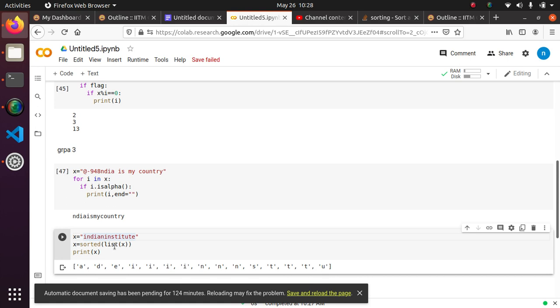We are converting it into a list, and then the list is being sorted. So basically A is lower than D, the smaller letters, this is how the computer takes the value. So A will be smaller, B, C, D. This is called ASCII values. Okay, you would learn more about the upcoming things.